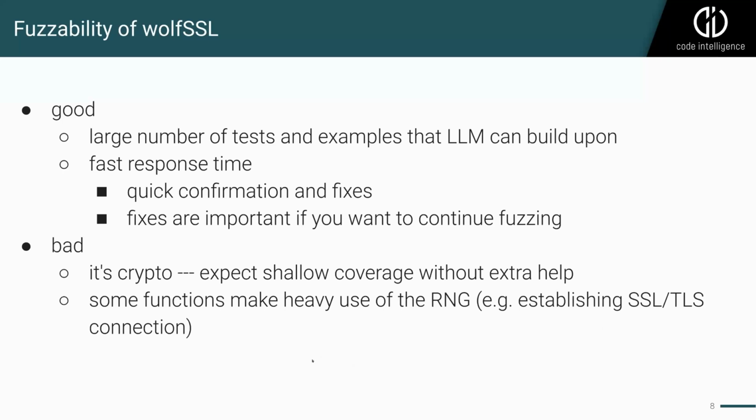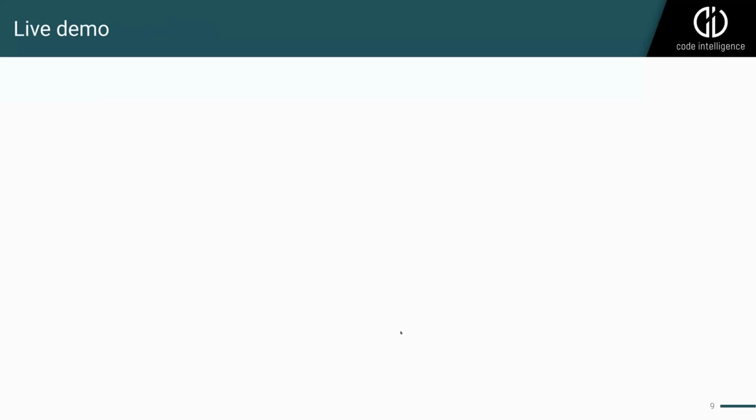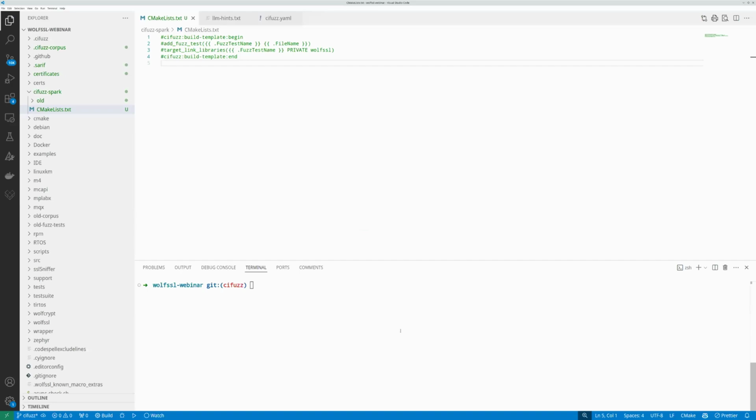For example, if you want to establish a connection, SSL, TLS, you get challenge responses that contain random numbers, and they have to correspond to the responses and so on. So it's very difficult for a fuzzer to get this right. And yeah, so well, actually we come to the live demo,